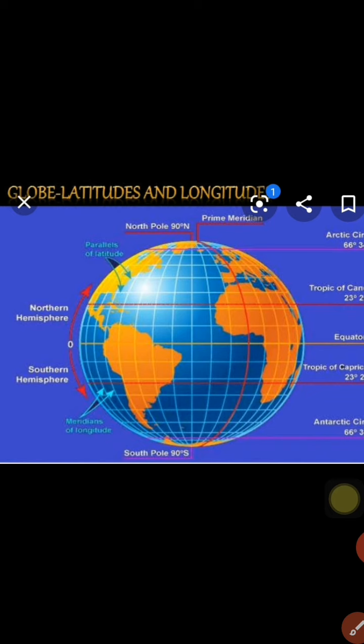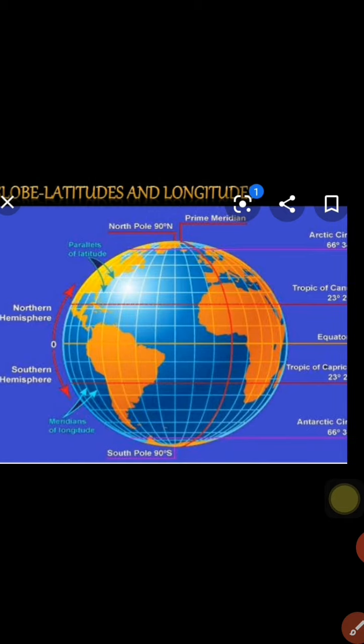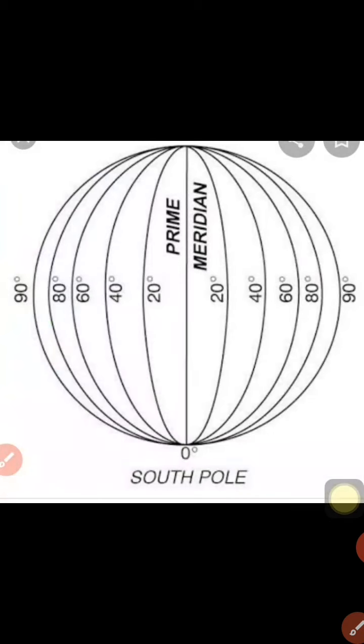Some other imaginary lines are also there, called longitudes. That is, semicircles drawn from the north pole to the south pole. So the lines drawn from the north pole to the south pole are longitudes. This is called 0 degree longitude. Here 0 degree will be in the south pole. So the word longitude is derived from the